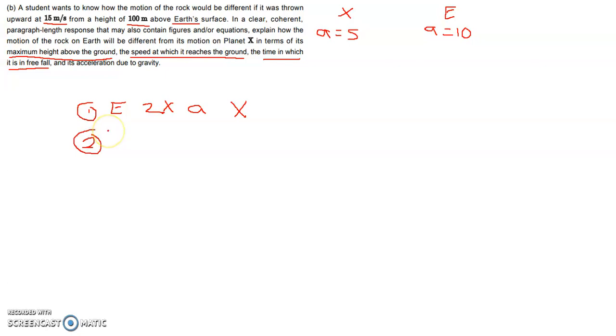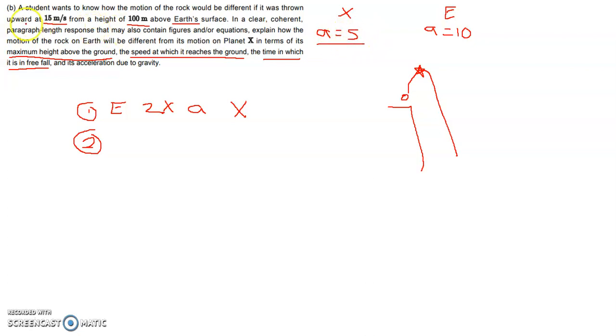So since the acceleration is greater on Earth, we want to know the time it takes. So here's the rock and here's the cliff. It's going to go up and then back down. I want to know the time it takes to get to this point here, meaning the time it takes to stop. Okay, how long would it take to stop on planet X? Well, what does acceleration mean? It means how much the velocity is changing